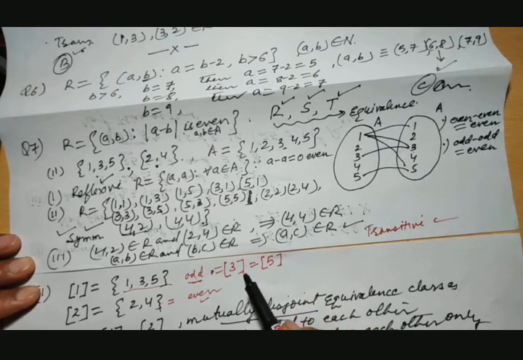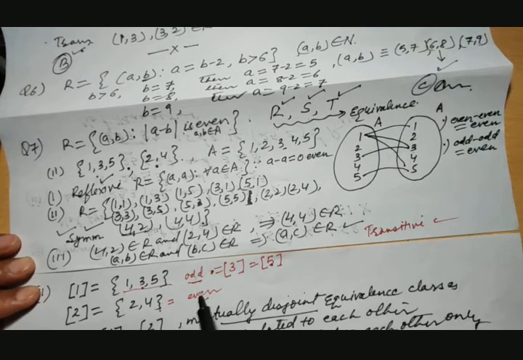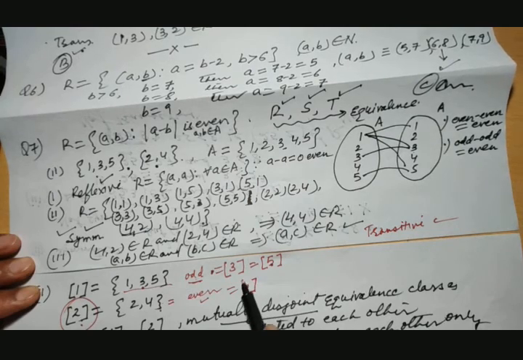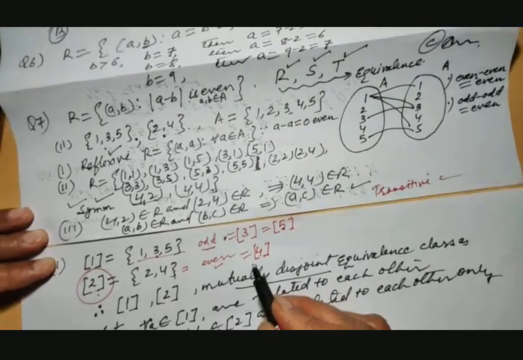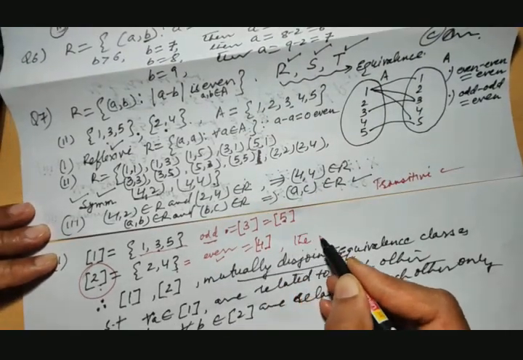And what does an equivalence class represent? It represents all the elements related to the number 3. So this is an equivalence class. This is the equivalence class of number 5. The second equivalence class is represented by this symbol for equivalence class, and that is the same as the equivalence class of number 4. So we say that the set A,